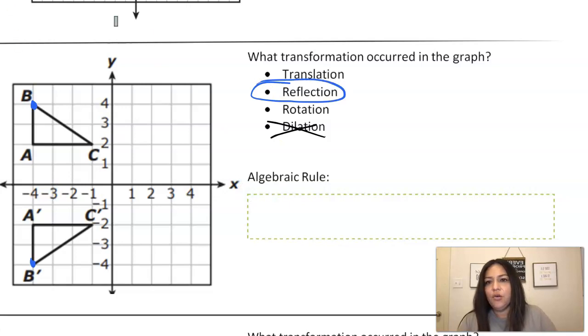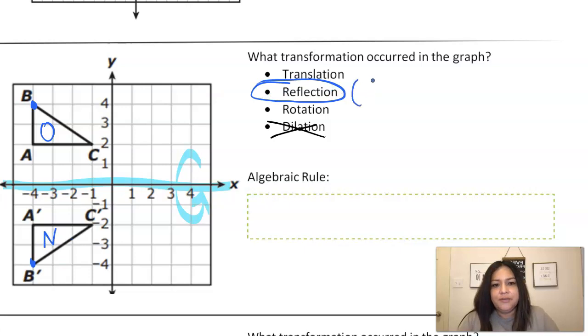It reflected over or across the x-axis. Okay, so it flipped across the x-axis. And I can tell that this one right here is my original and this one is my new figure. So definitely it is a flip, so therefore it is a reflection. Now, how did it reflect? Across the